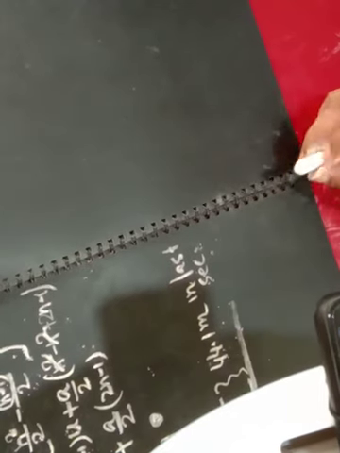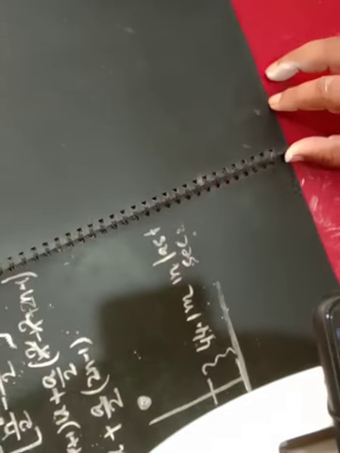My question is, the stone is falling freely from a certain height. I don't know the height, but it travels only 44.1 meter in the last second. The time taken by the stone, I don't know. The height of the tower also, I don't know. But the only information is it travels 44.1 meter in the last second. The question is asking, what is the height of the tower? You cannot put any formula here directly.